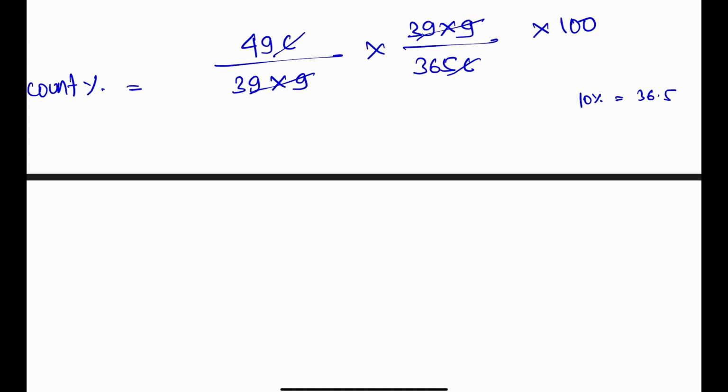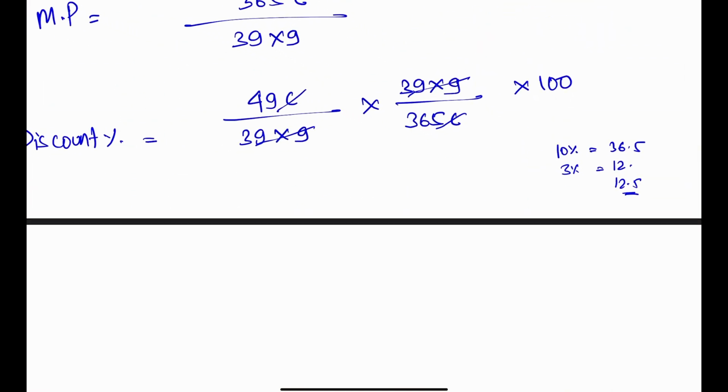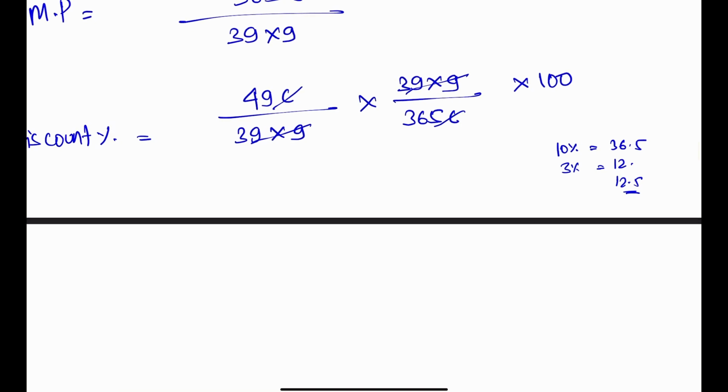So now it will be 12.5. 1 by 3, if I choose 1 by 3 is 3%. 1% is 3.6, so 3% will be 12 point something. How much will my profit? Profit was coming to at 14%. This one is coming at